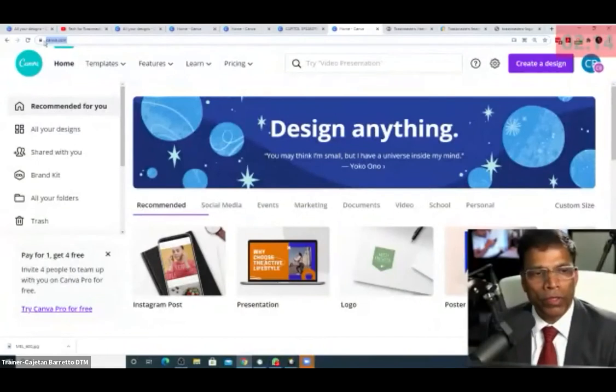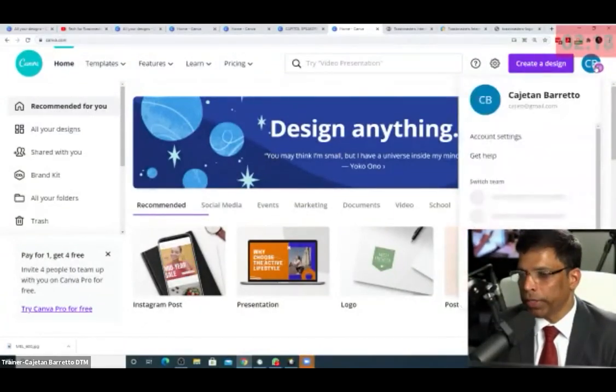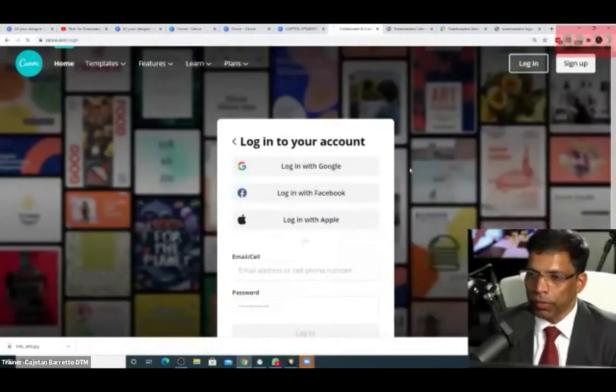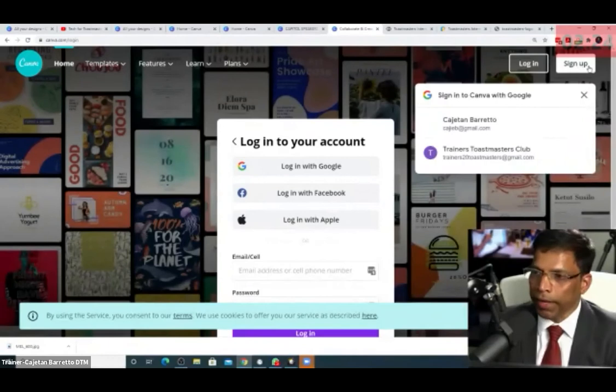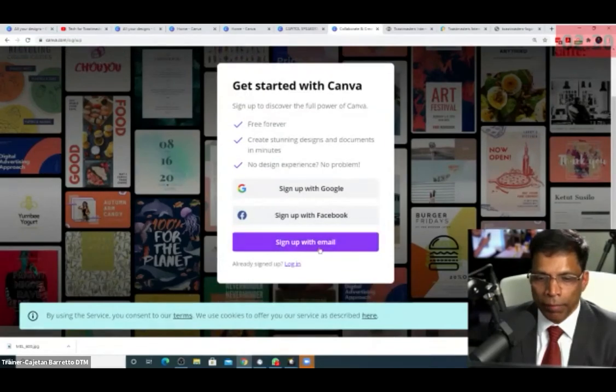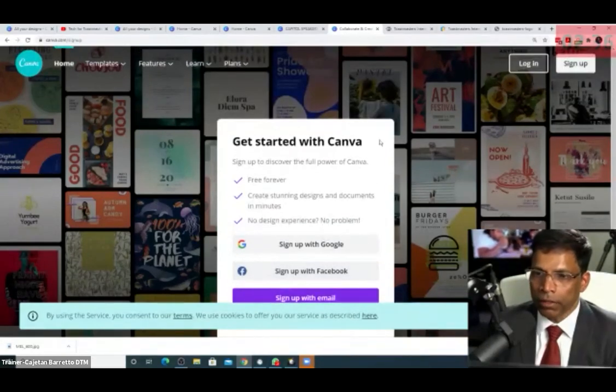Okay, so everyone, first of all you need to go into Canva, and I hope all of you have managed to create an account. If not, it's very easy. You basically sign up here. When you click sign up, it will ask you to sign up with an email, or with Google, or with Facebook, whatever you want to choose. Then you can start and log in.